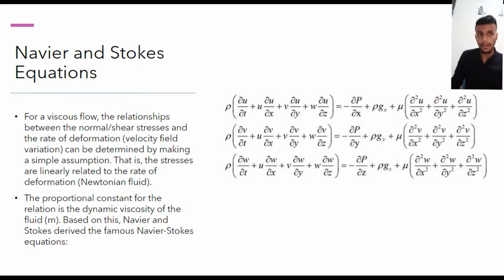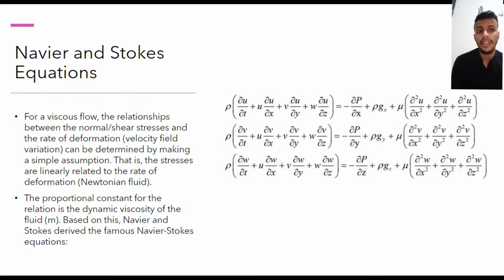Newtonian fluid. The proportional constant for the relation is the dynamic viscosity of the fluid. Based on this,